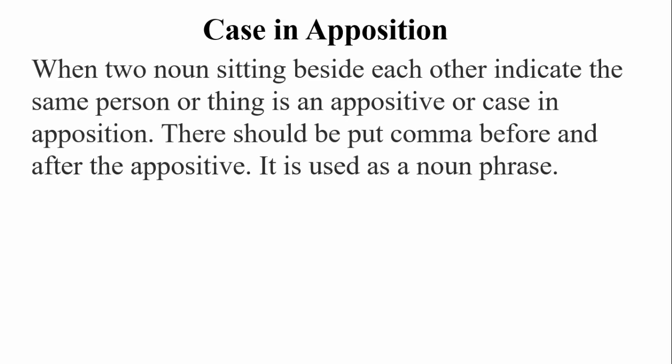Case in apposition: when two nouns sitting beside each other indicate the same person or thing, it is an appositive or case in apposition. There should be a comma before and after the appositive. It is used as a noun phrase. অর্থাৎ নাউন বা প্রোনাউনের পরে যখন ওই নাউন প্রোনাউনকে আরো মডিফাই করা হয় কিছু শব্দ দিয়ে, সেই শব্দগুলোই হচ্ছে কেজ ইন অ্যাপোজিশন। আর কেজ ইন অ্যাপোজিশনের আগে এবং পরে কমা বসে।